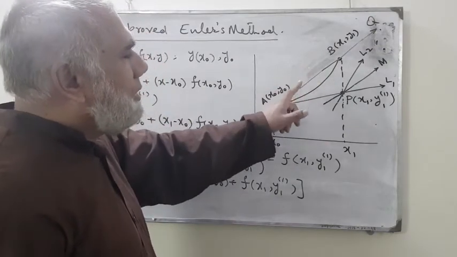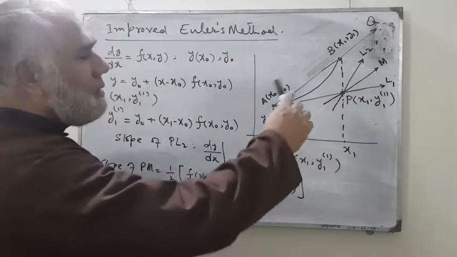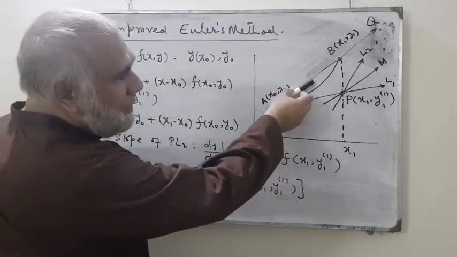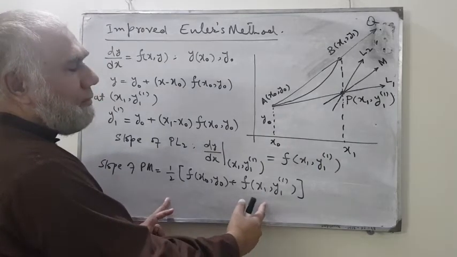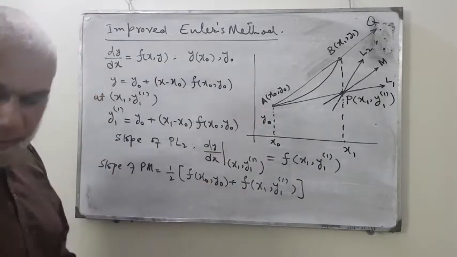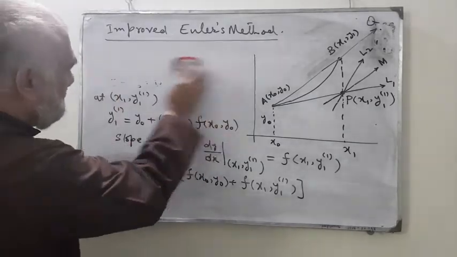Now if we want to write the equation of this ABQ, we have the slope, because this line is parallel to this one, so this line will have this slope. If I use this point, then the equation would take the form,